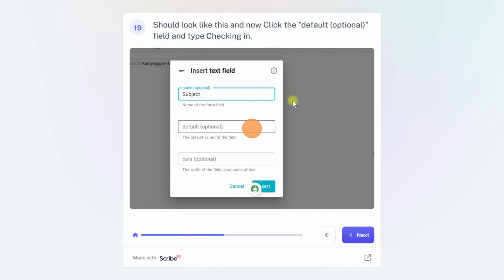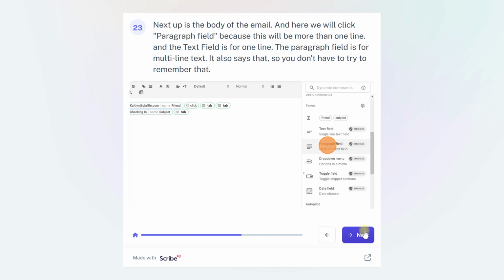And then you click insert. Same thing that we just did for to, we're doing for subject. And now you're going to simulate again, because we're going to get to the body of the email. But we have to first get there, right? So you have to press key press, add a tab,